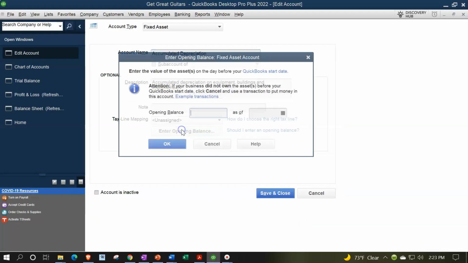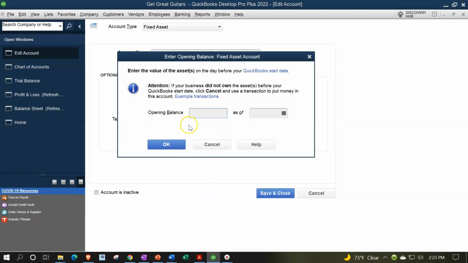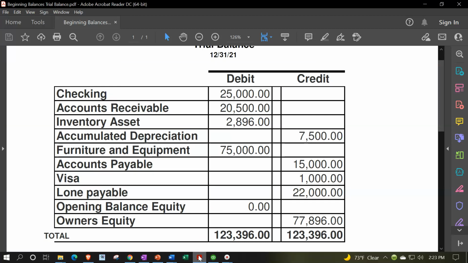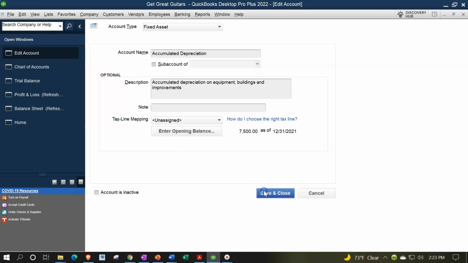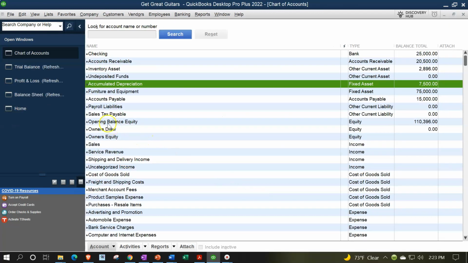So when I go into this item, the question is, do I put that in as a positive or negative? I'm just going to guess, and if it goes the wrong way, then I'll fix it. So I would think it would be 7.5 on the positive that would increase that account, which was 7.5. And so this is going to be as a 12/31/21, and if it's wrong, I'll go in there and fix it. So I'm going to say okay, and then save it and close it,